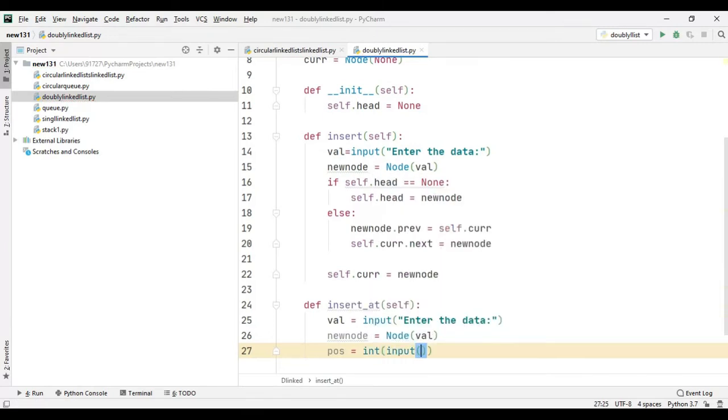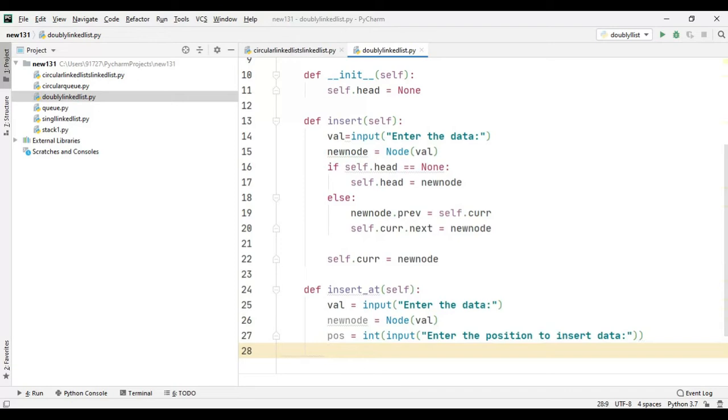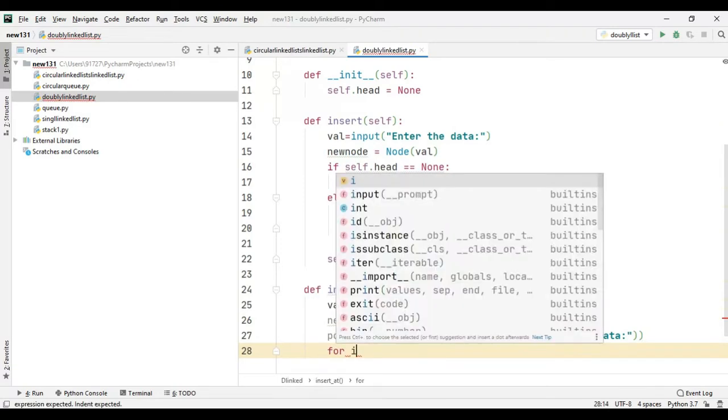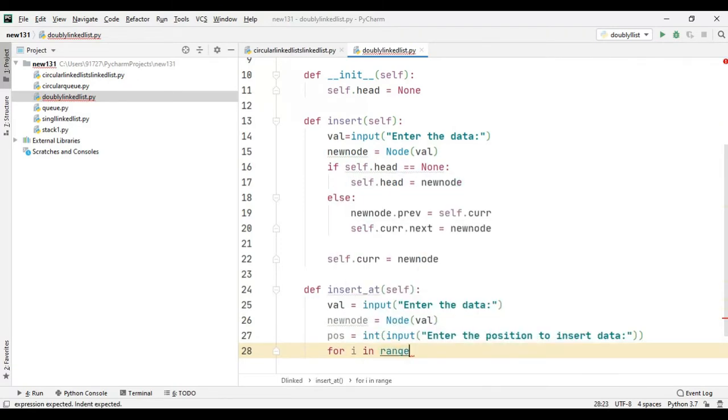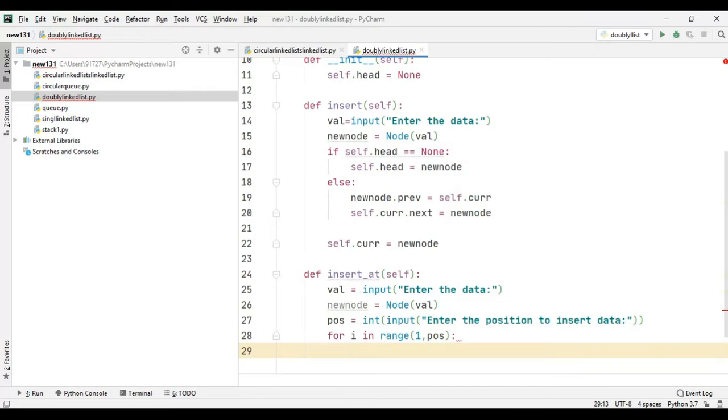It will be of integer type, so we are typecasting the input. Now we need to run a for loop for i in range 1 to pos, which is the variable which denotes the position. Now we will check